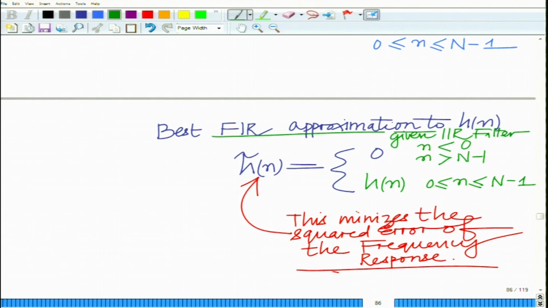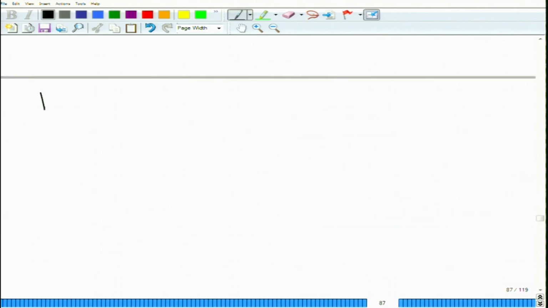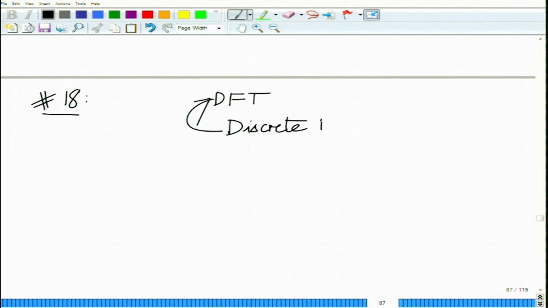Alright, so let us continue to the next problem. We are now going to start problems on the DFT. Remember, this is for a finite length sequence. This is for the discrete Fourier transform,